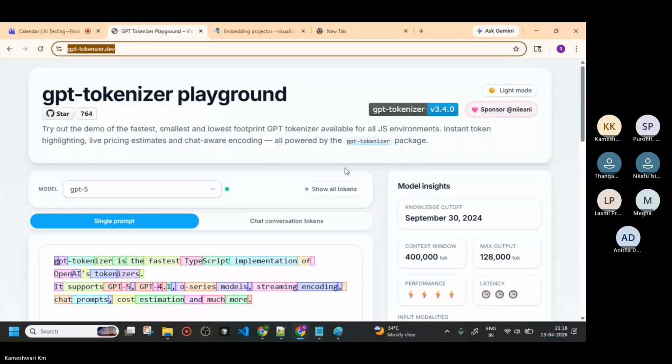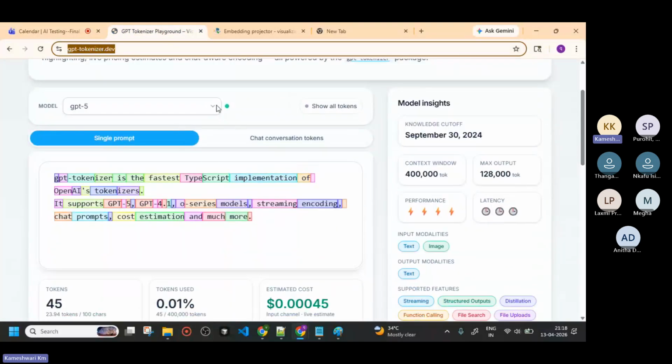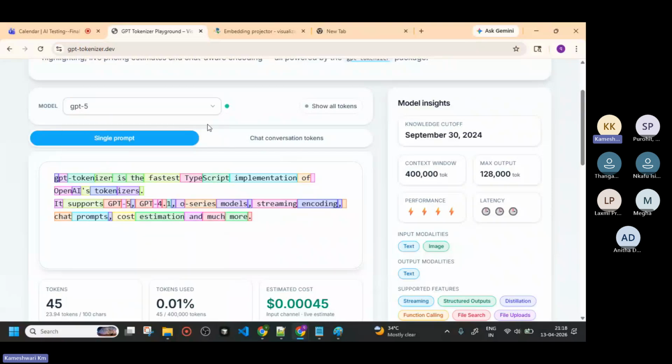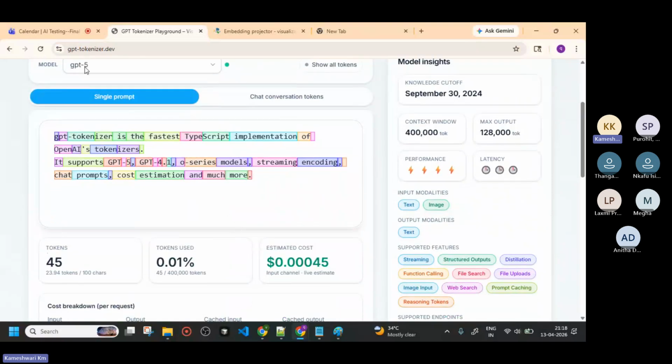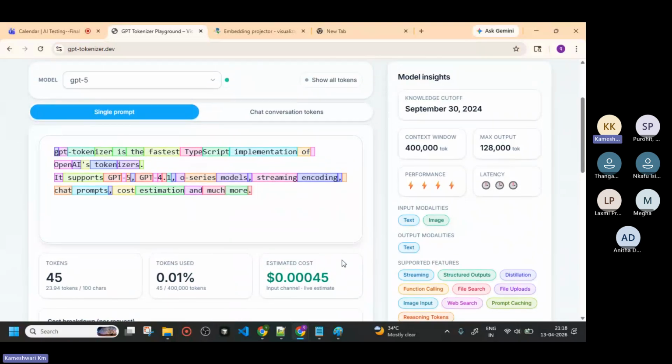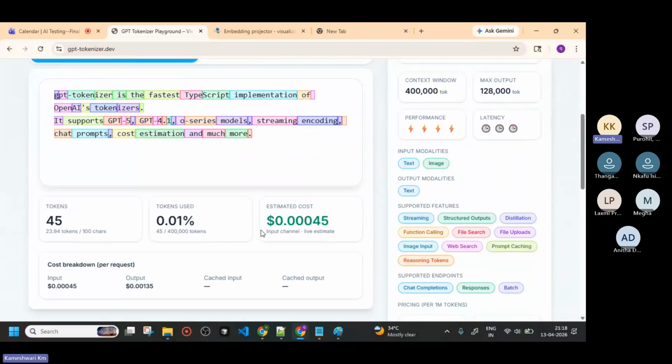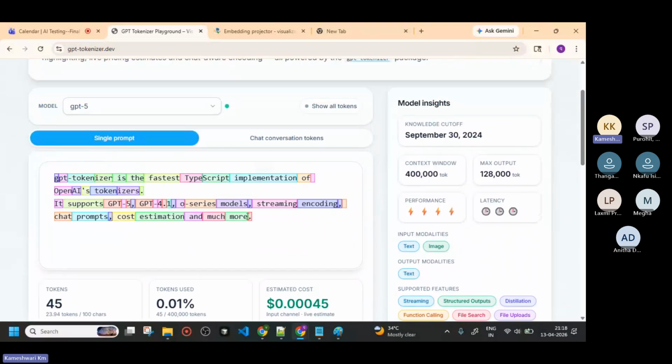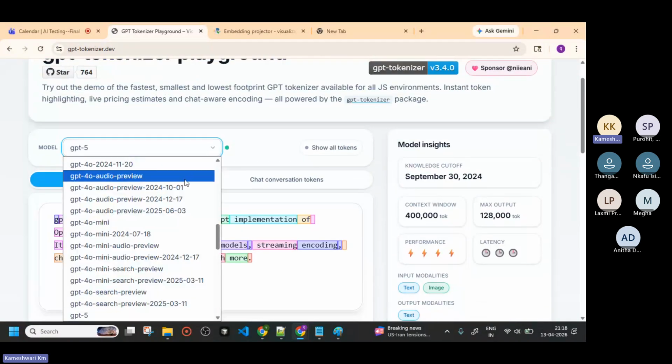So the first thing here, we have the model GPT-5. Madam, you asked how much cost it will take for tokens. You can see for 45 tokens, it is taking a cost of $0.00045. It depends on how many tokens you have utilized. If you want to get 1 word, you have to utilize that many tokens, depending on how much you are searching and how much it is giving back. We need to calculate that. As of now, for our application purposes in real time or in the office, unless the company bears the amount,